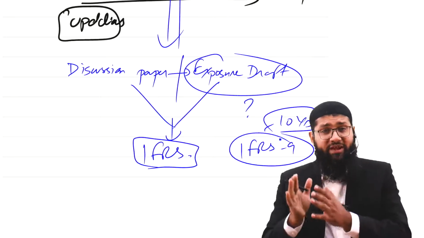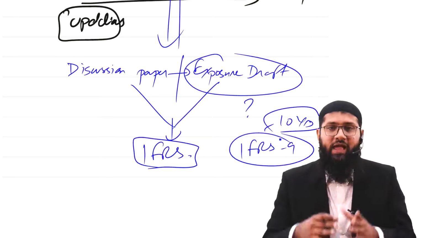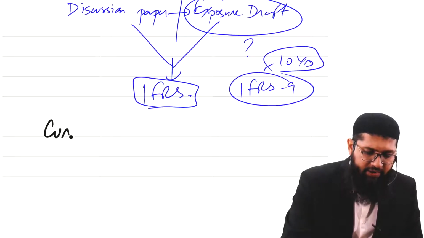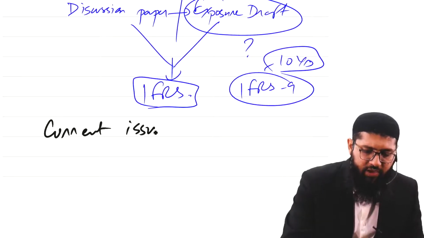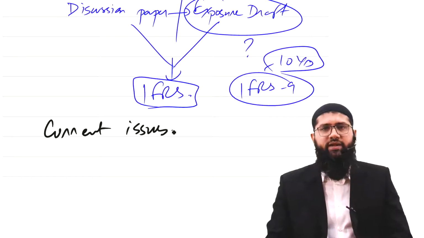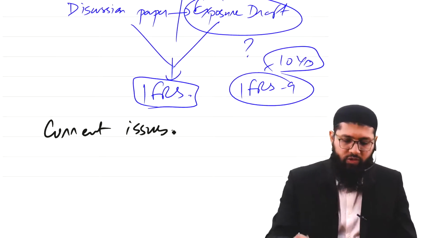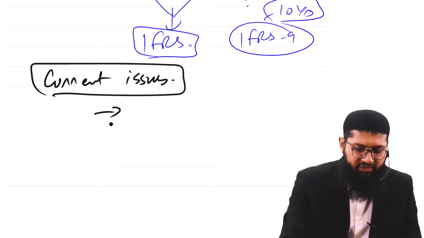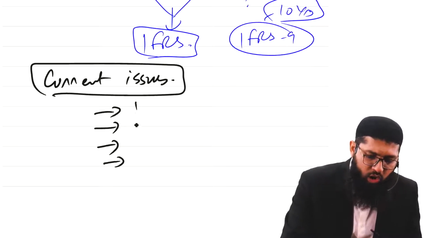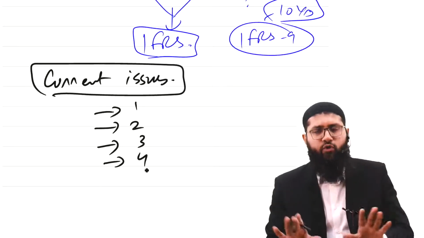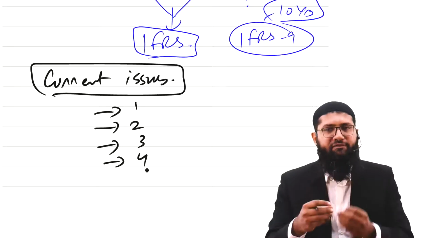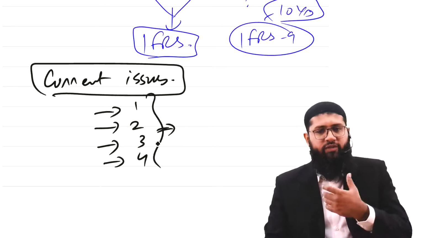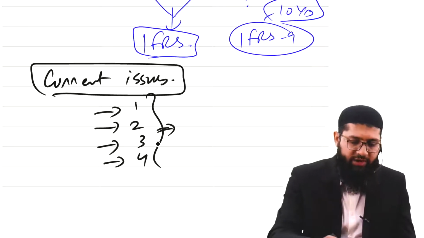Now, why am I actually discussing all these things? The reason being, I'm just trying to tell you there is an area in your syllabus, and that area is termed as current issues. What is that area termed as? It is termed as current issues. And under this current issues area, the examiner would identify in the syllabus, let's say, 4 current issues. They would identify 4 current issues in the syllabus, and what could happen is that they could give you scenarios in the exam with respect to those current issues.